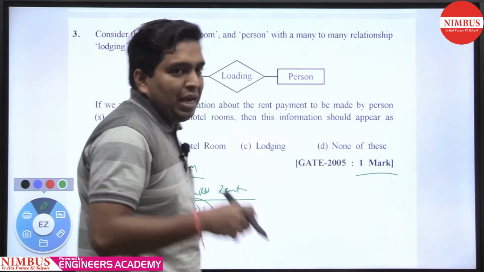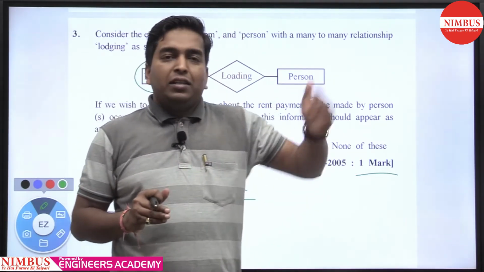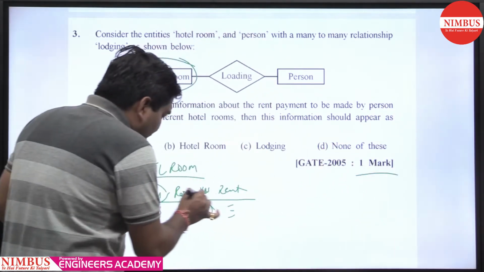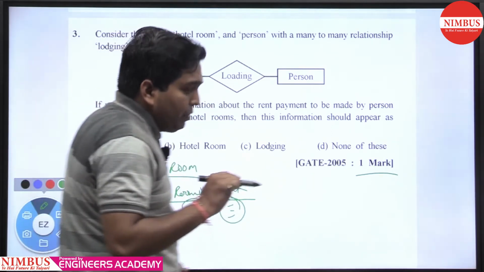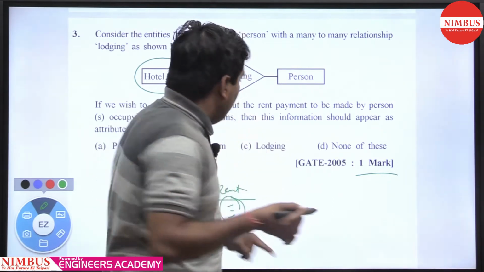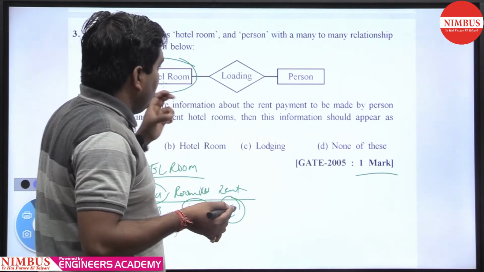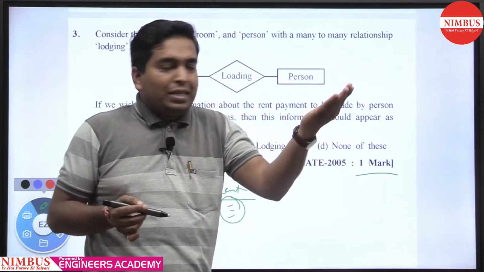Let's suppose on the first day I paid that room rent, another day you paid this room rent, and another day another person is paying that room rent. So here one hotel room's rent is paid by many people, getting my point. So RDBMS does not contain any multi-valued attribute. So we can't add the attribute rent in hotel room, because the rent is not paid by only one person, it is paid by many persons, getting my point.